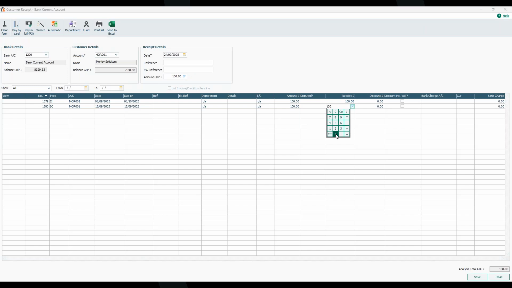Or you can also click pay in full at the top or use your F3 key on your keyboard. I'm going to pay them both in full, and what we want to make sure is